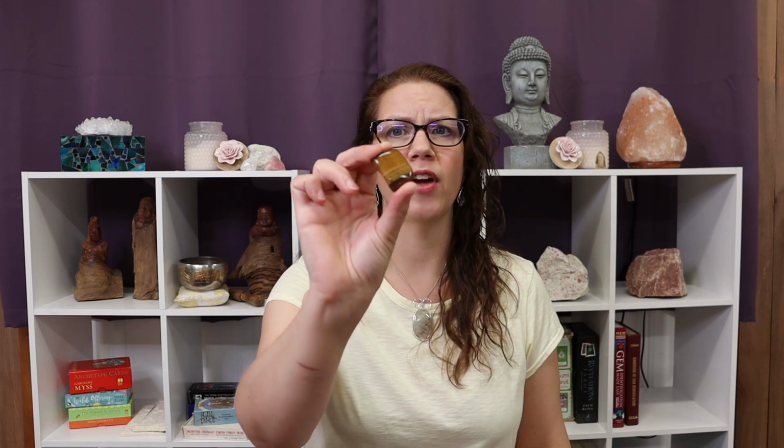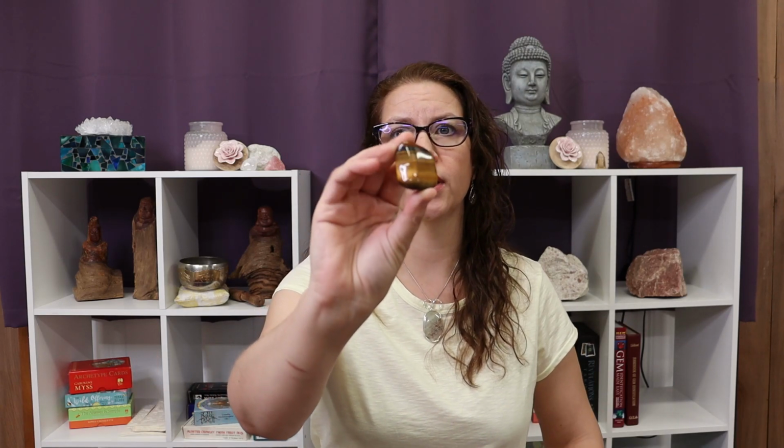This is one of my favorite stones because there's a lot of strength and power to this stone, but it's very quiet, it's very subtle, and it allows all of this strength and power to come from within. So this is a phenomenal stone to have with you if you're feeling uncomfortable tooting your own horn. You're uncomfortable just getting out there in the limelight, but you want to have more confidence in your abilities. You want to have more ability to put yourself out there without really throwing yourself out there. So Tiger's Eye is a really beautiful,